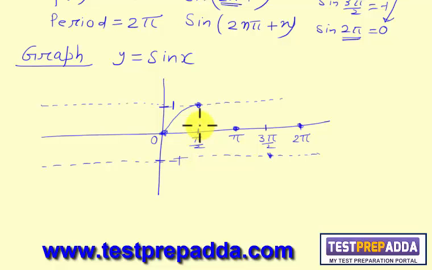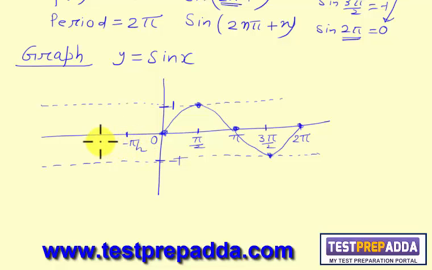From pi by 2 to pi, it is decreasing. Then from pi to 3 pi by 2, it is further decreasing to the minimum. And then from 3 pi by 2 to 2 pi, it is increasing. Okay, now if I draw the left-hand side also, it will be